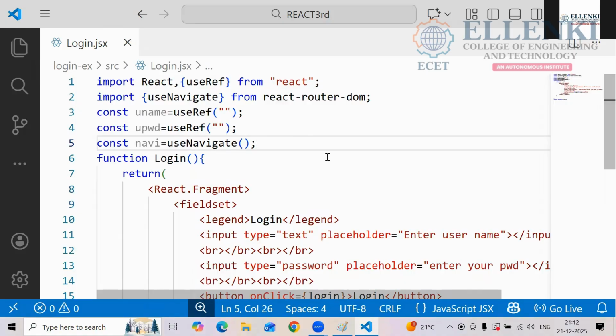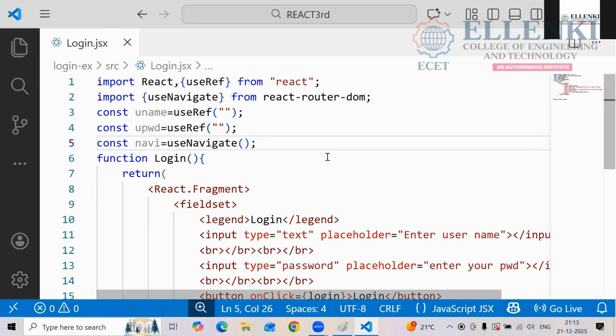Yes or no? In previous classes, if you wanted to define some data, we used one hook, the useState hook. Whatever data we give there, that data only will be captured when running the program. But here you have to enter your username, your credentials. Those credentials will change according to yourself.